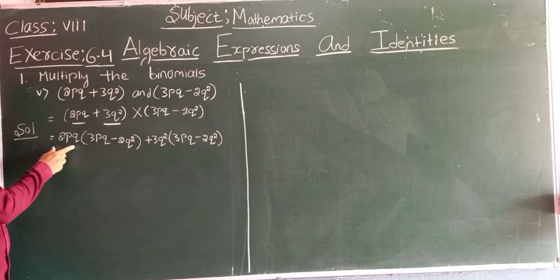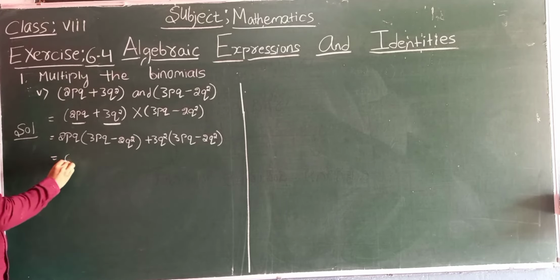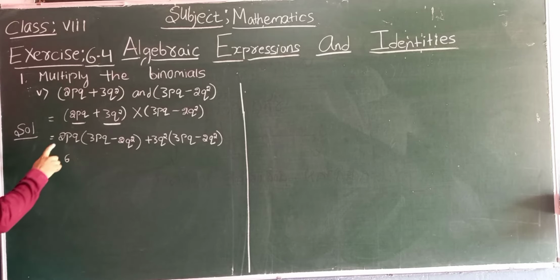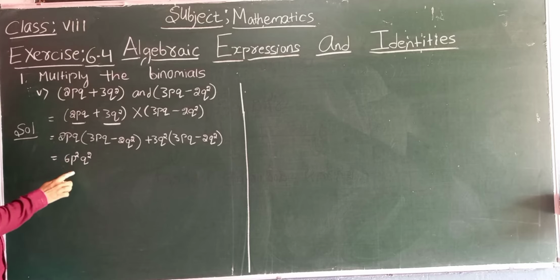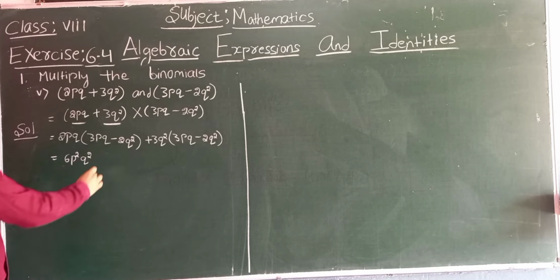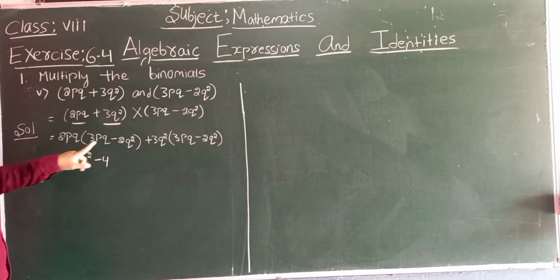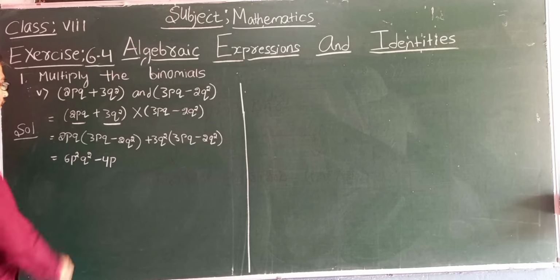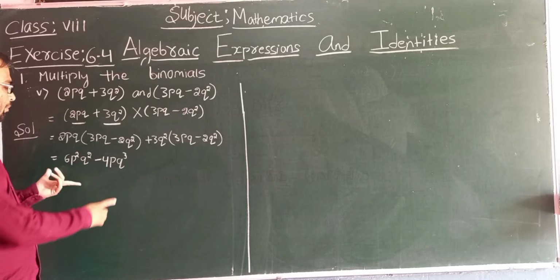First we need to multiply this one with this, next we need to multiply this one with this one. Now 2 3s are 6, both the sides have plus, so don't get worried. 2 3s are 6. P into P will be P square, Q into Q will be Q square. So here we have got 6P square Q square. Now plus into minus, here minus is there, so plus into minus will be minus. 2 2s are 4. Here P is there, here there is no P, so write P only one time. Next Q into Q square will be Q cube. This part is completed.